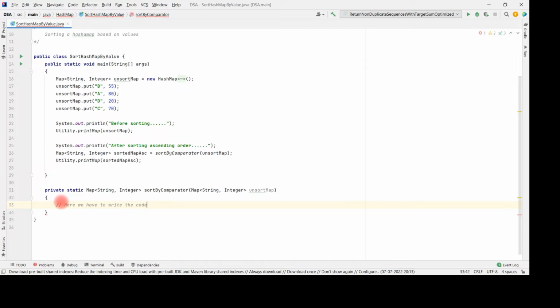Okay, now here you can see that in this main method there is a hash map already created, and this hash map is filled with the keys b, a, d, c and values 55, 80, 20 and 70. So what we have to do is sort this unsorted hash map based on its value. Now just for the sake of it, we are printing this hash map before and after this sorting, and here you can see that this main method is calling the sortByComparator method, which is this method,